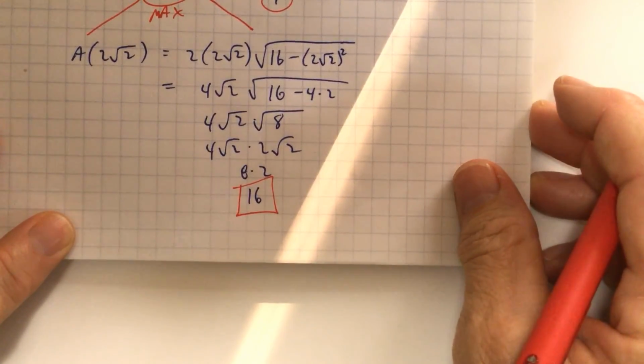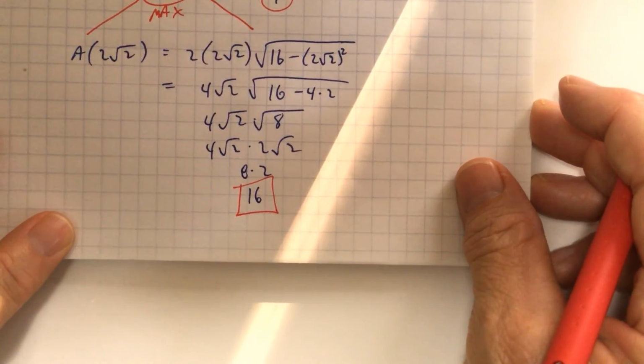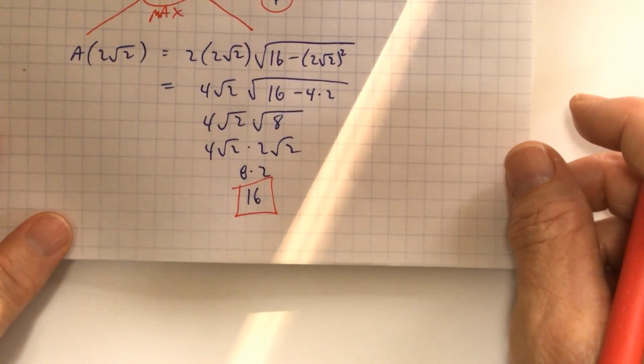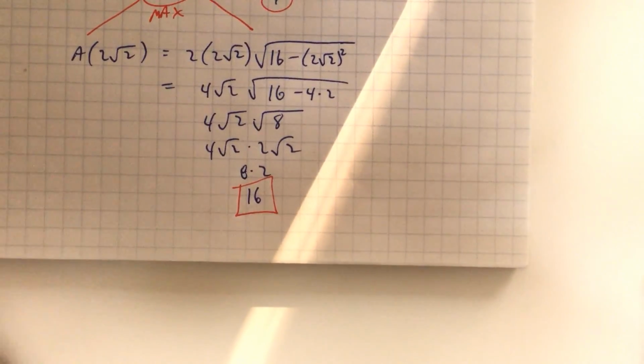And do we have units on this one? I didn't write down if we had units. So if we had units, we'd have square units or whatever the units are, inches, centimeters, whatever. But 16 is the answer for number